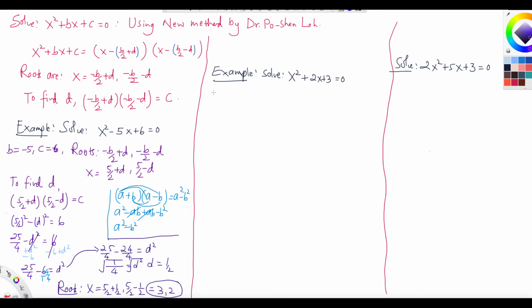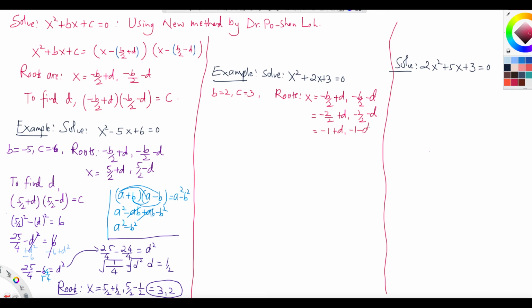As usual, let's find out what is the value of b. b is positive 2. c is positive 3, right? So what are the roots by the new method? x equals negative b/2 plus d, negative b/2 minus d. So what is b? Let's plug that in. Negative 2 over 2 plus d, negative 2 over 2 minus d, negative 1 plus d,